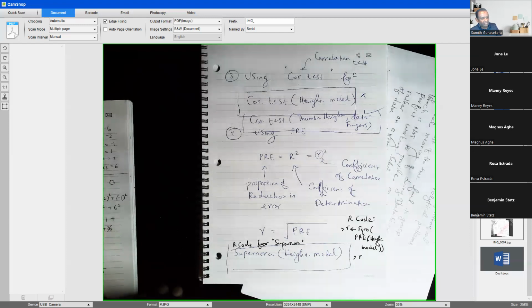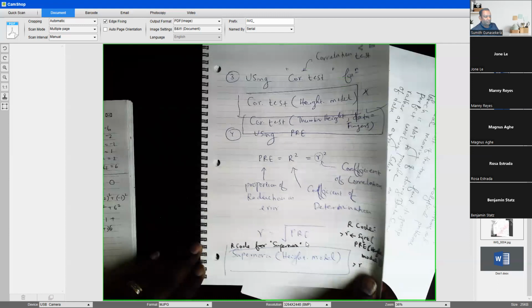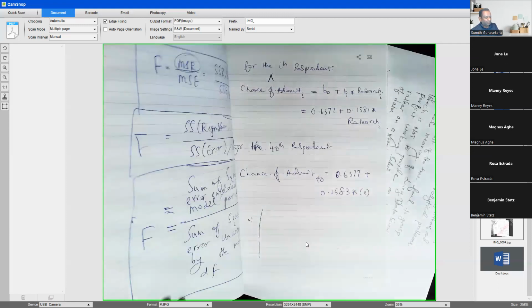Go to the height model and get the PRE. But our PRE didn't work over there. I want to double check and see again what's going on. It used to work, but